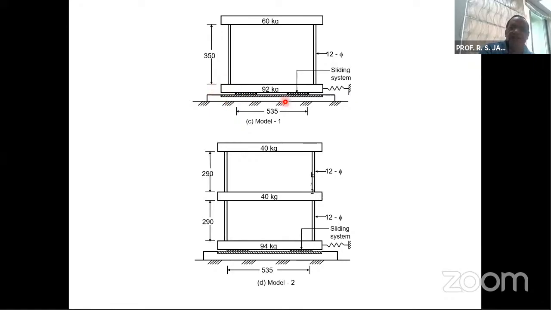And therefore, what we normally do is that in some way or other, some restoring force is provided. In case of a friction pendulum system, this restoring force is provided through gravity action through the curved surface. And once it moves along that curved surface, the structure has a tendency to come back towards its original position, which we call the restoring force.